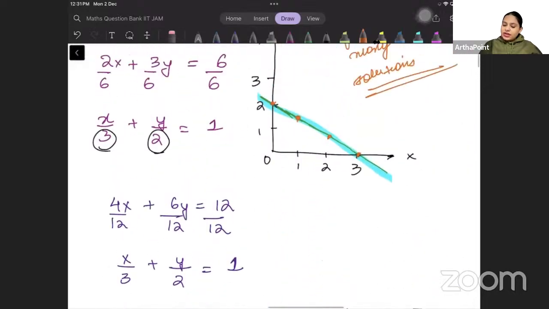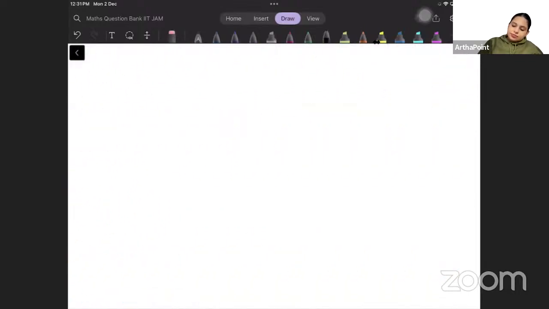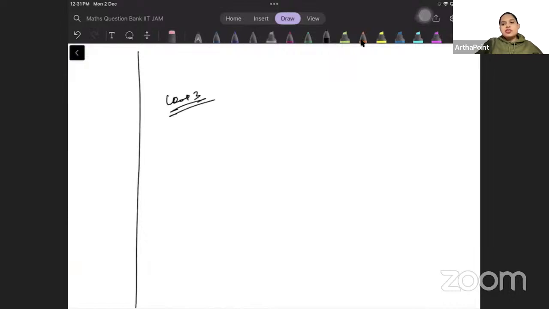Let us now go ahead and talk about case number 3. This is interesting. When we go to case number 3, what we understand here is that I'm going to take very similar equations, but I'm going to go